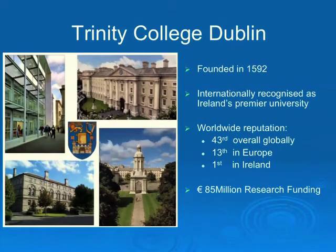So Trinity, just a few bullet points about Trinity in general. It's old, right? 1592. It's been recognized as the #1 ranked university in Ireland for quite a while. Some of these numbers are a little out of date. I think we've dropped a little from 43rd in the world, partly because of recession and funding issues, etc. But we're still ranked #1 in Ireland, and we're still doing very well in Europe. We've got a considerable amount of research funding, which allows us to operate at the frontier of research in various fields,